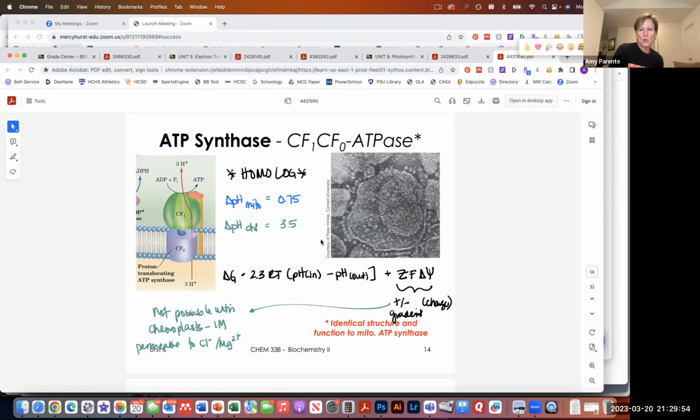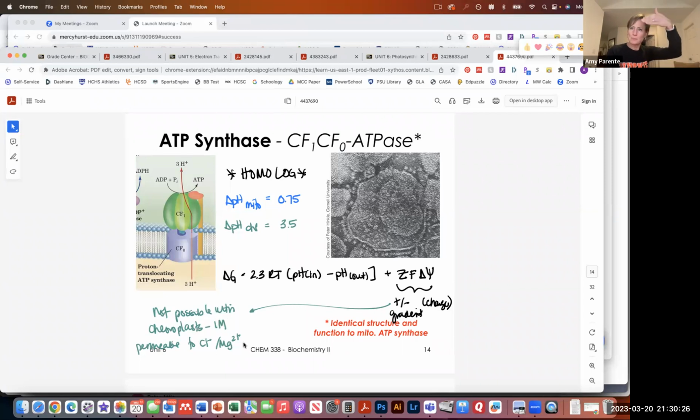And again, not an equation you need to know, but what you need to remember is that there are 2 parts contributing to the thermodynamic driving force in mitochondria. It's the difference in concentration of protons, so that's this concentration gradient. But the fact that we can also build up a charge gradient adds an extra bonus to that thermodynamic driving force. Okay. And this is not possible in chloroplasts because that inner membrane is permeable to chloride and magnesium